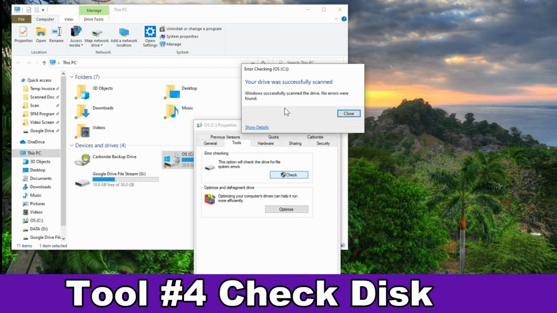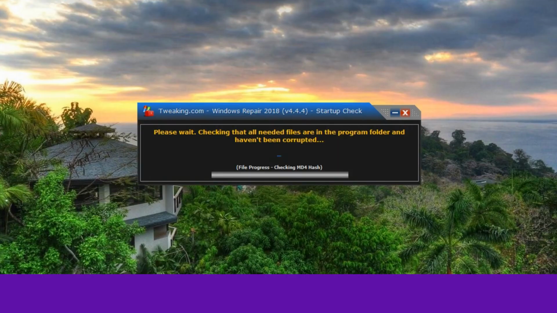So here in my case, it finished the scan. It says that there were no errors found, so we're great. If there were errors found, it might tell us to do another deeper scan during the next boot, and failing that, we'd have to run some other utilities to test the hard drive.